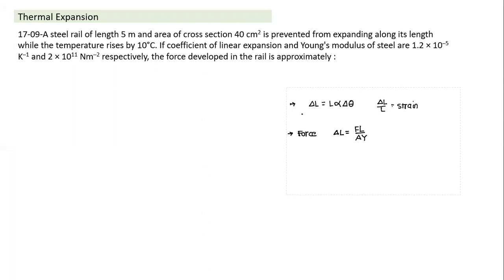There are some questions where both things are combined. The change in dimension is being produced by temperature effect, and also by the force effect. So here also I can take change in length. There are two ways I can interpret this relationship. One way is to find the change in length based on the original length, or I can find the fractional change in length. Fractional change is called strain. So here, the strain, fractional change in length, is equal to what? Alpha delta theta. So fractional change in length does not depend on the original dimension. It only depends on the material property and the change in temperature.